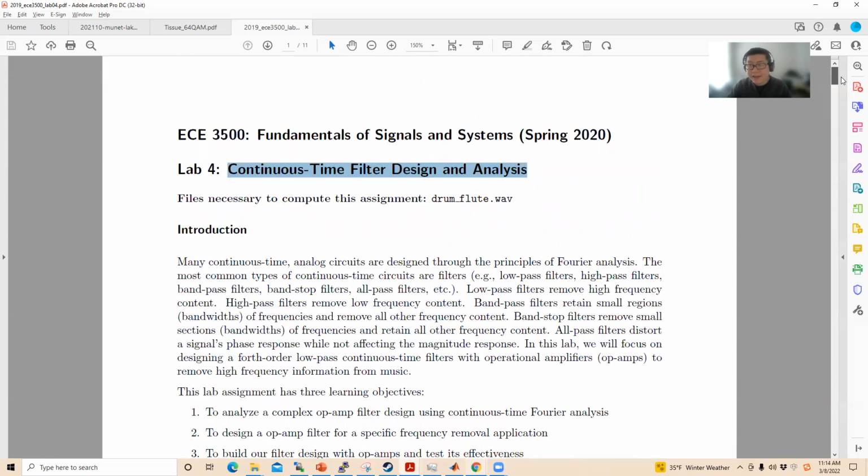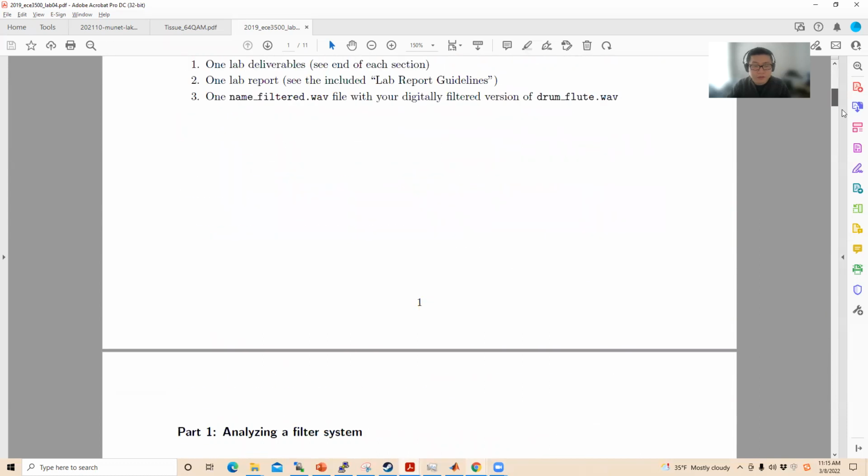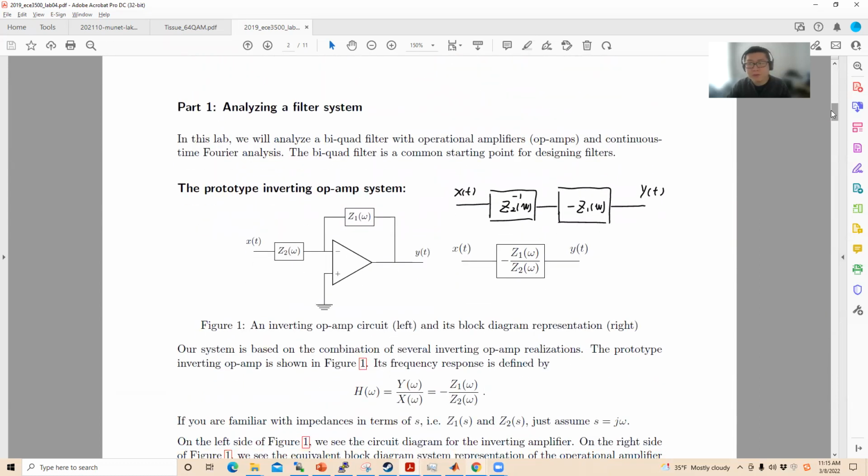Okay, so this class is for continuous time filter design and analysis, and you will learn how to design a filter to help remove some parts in this music piece. This music piece contains the drum part and the flute part, and we hope you can remove the flute part, so the remaining part is only the drum part. Firstly, in part one, you need to know